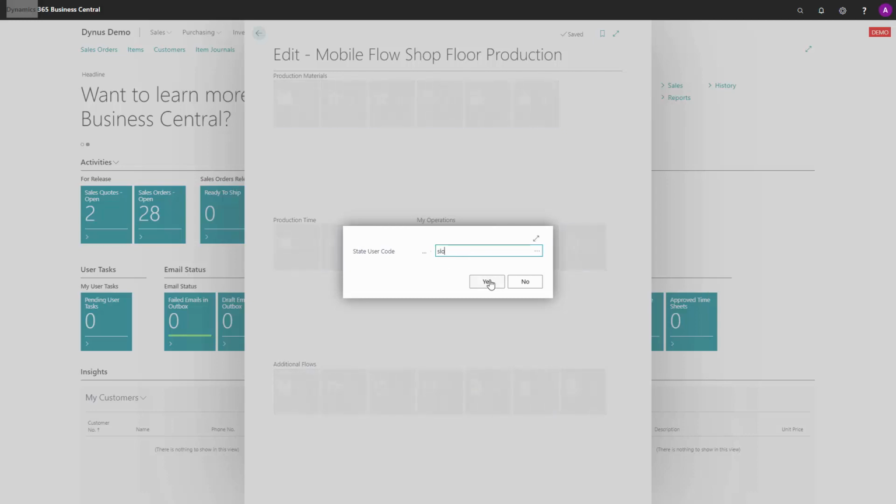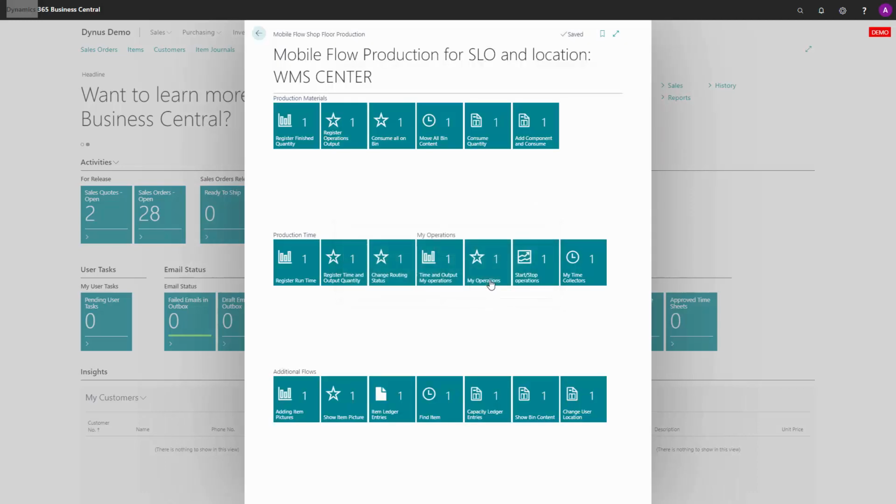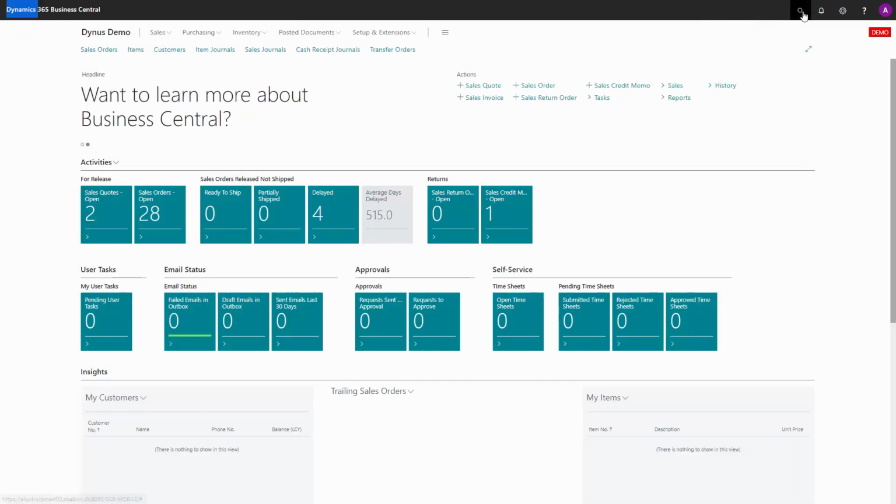I could enter a resource code here, or I'll log in with a pin code if I'm set up with a pin code. That is a secret, of course. So now I'm entering the flow being myself here. I could also